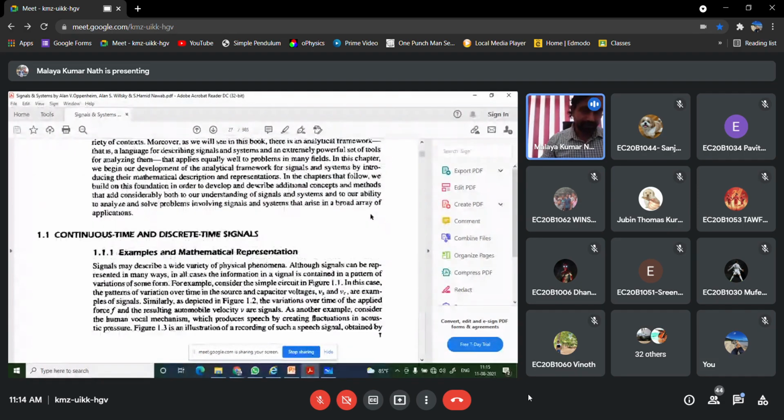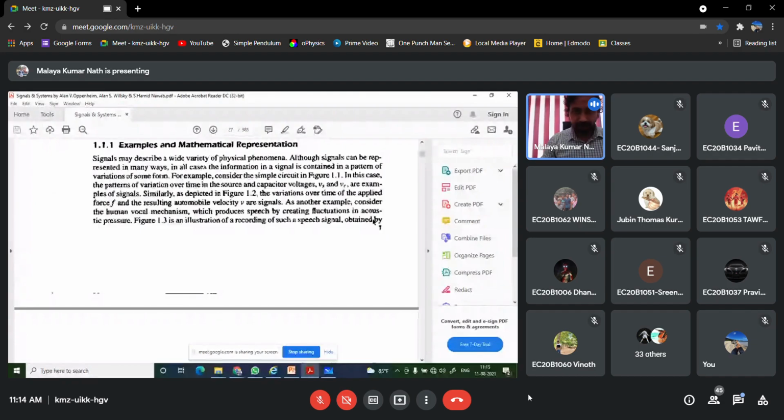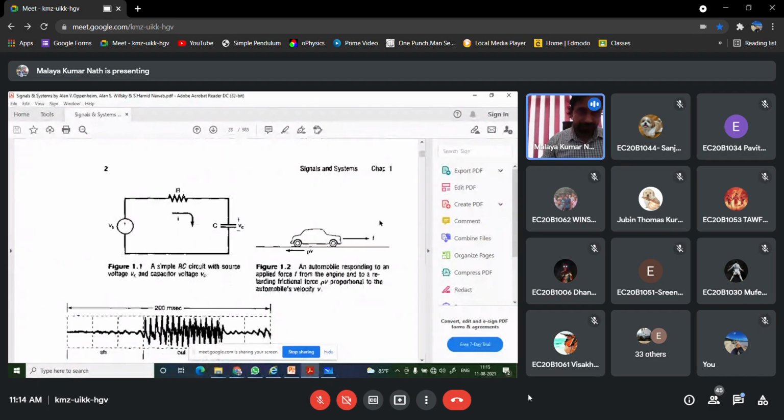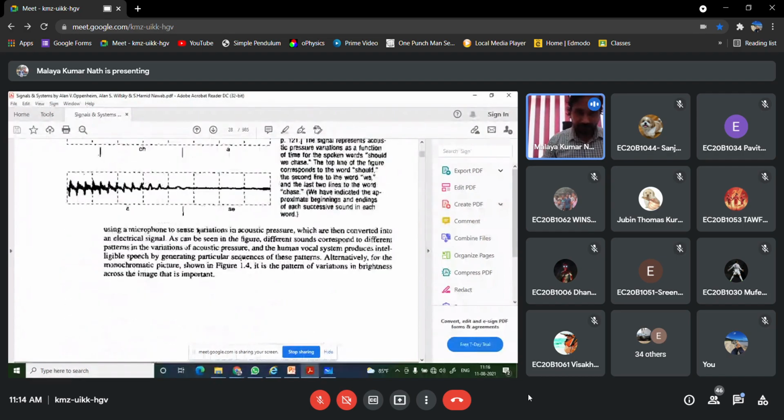So we have discussed signals as well as their mathematical representation, how we can represent signals with the help of a mathematical equation, like a voltage or a current or any EMF. Similarly, the acceleration or the speed of a motorbike can also be represented by mathematical equations. As we discussed in the last class, if we give a supply voltage Vs to a resistor connected in series with a capacitor, then the current can be represented in the form of mathematical equations.